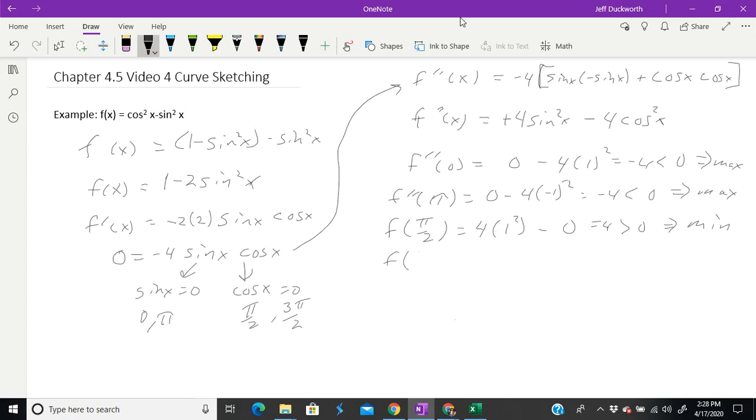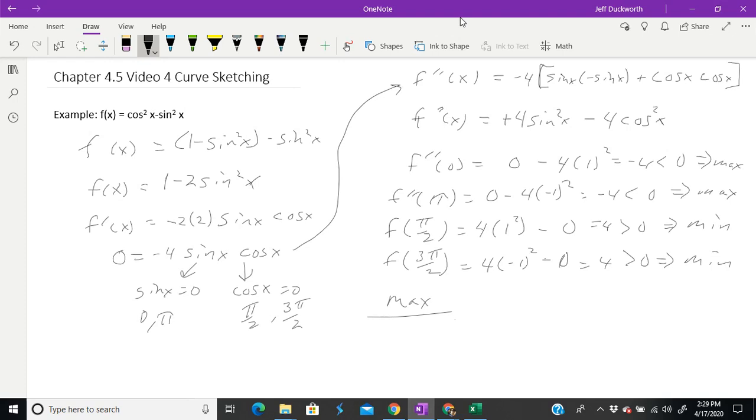And our last one. Negative 1 squared is still 1, times 4, so 4. So we have another min. And these are the values here. It's easy to plug into our first equation what we want. So our maxes will be at,